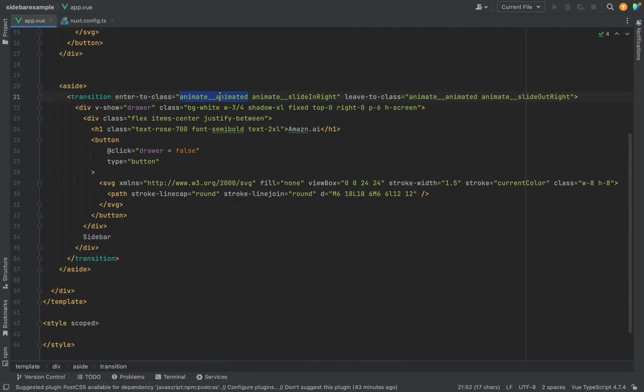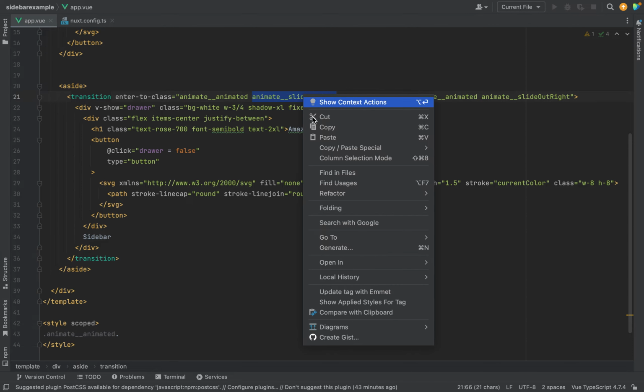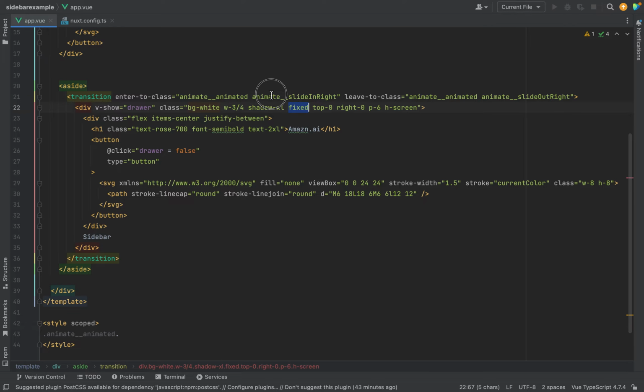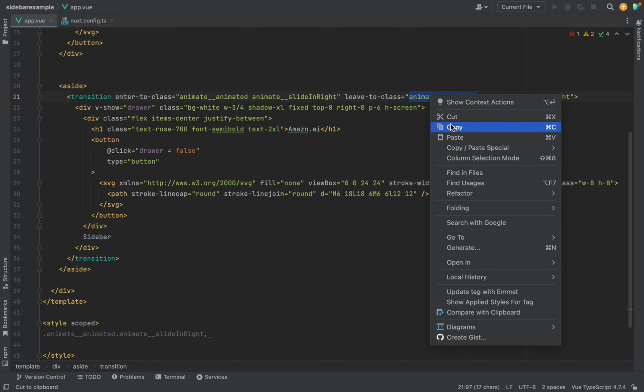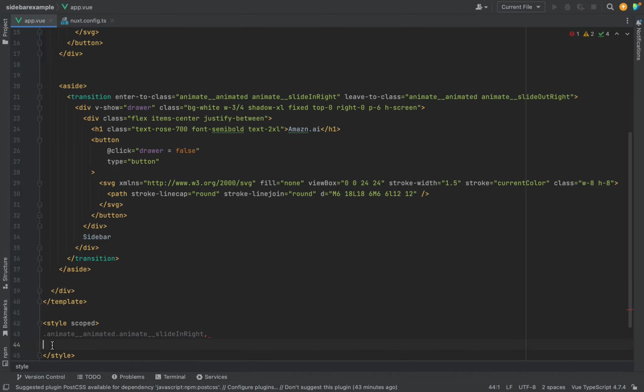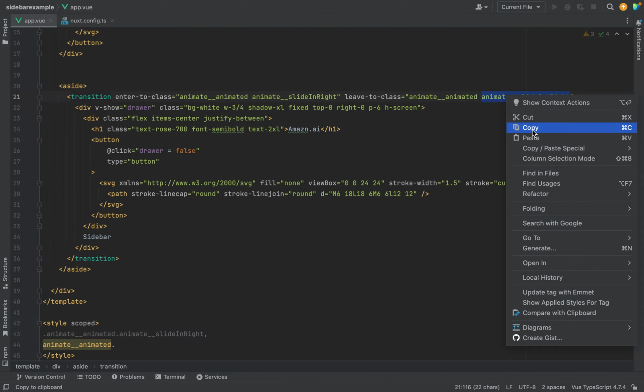So first you select animate__animated, so that will be a class dot animate__animated dot this, the name of the animation. Every animation is always prefixed by animate__animated, so it's a constant. So we select the second style also, animate__animated dot animate__slideOutRight,